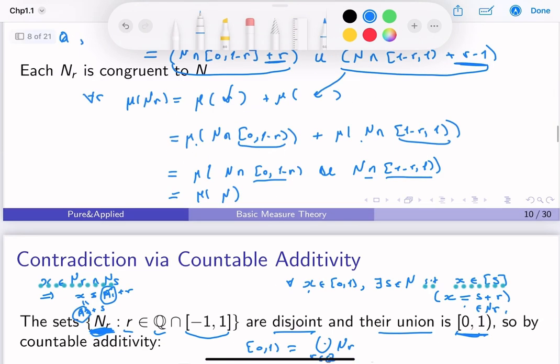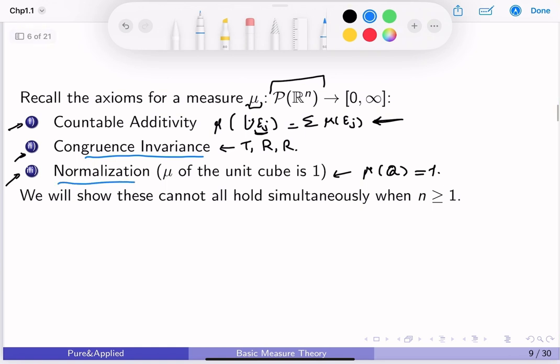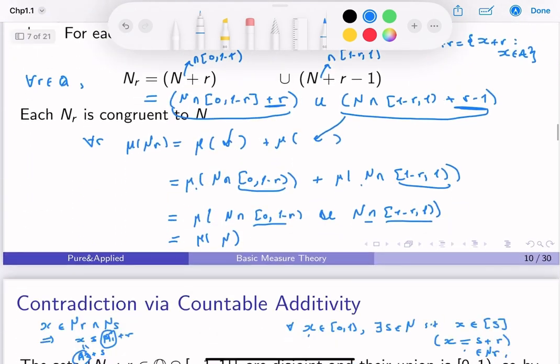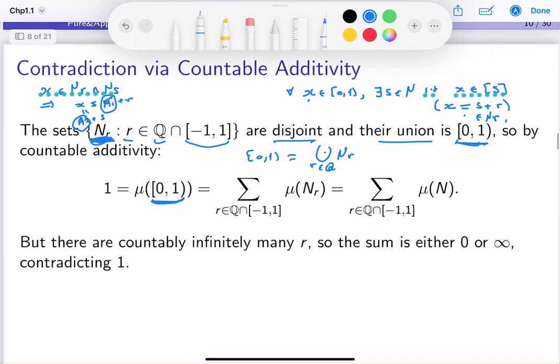So we mentioned that in the third property, we require normalization. We require the measure of the unit cube in R^n to be 1, okay? So if we're working in n equals 1, then the measure of this interval is going to be 1, and by countability of these and their disjointness, since this is equal to the union of the N_r's, r in Q intersected with (-1, 1), excuse me, then